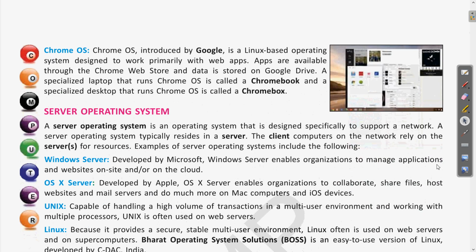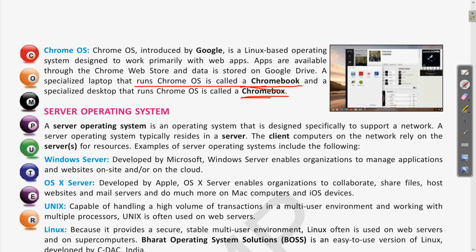Next is Chrome OS. Chrome OS is an operating system introduced by Google, and this is also a Linux based operating system. Basically Chrome OS is used for different web applications, and the laptop which has this Chrome OS is called a Chromebook, and the desktop is called a Chromebox.